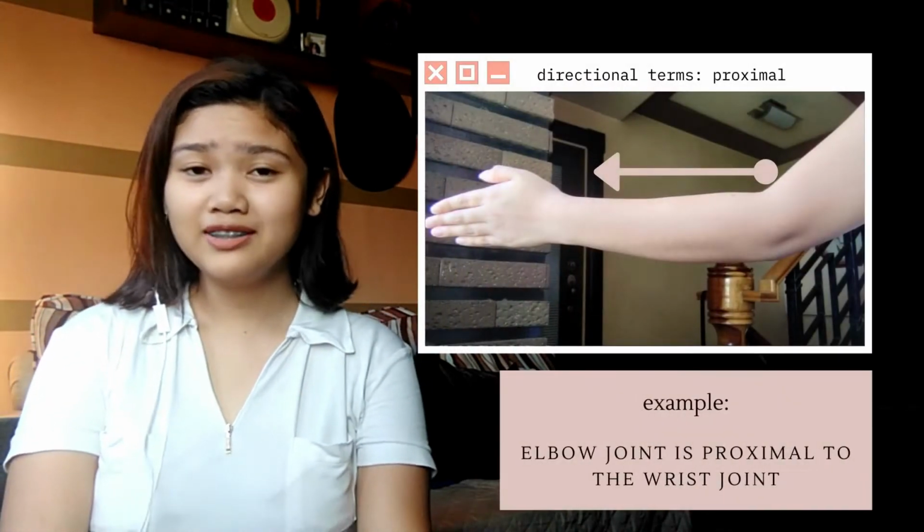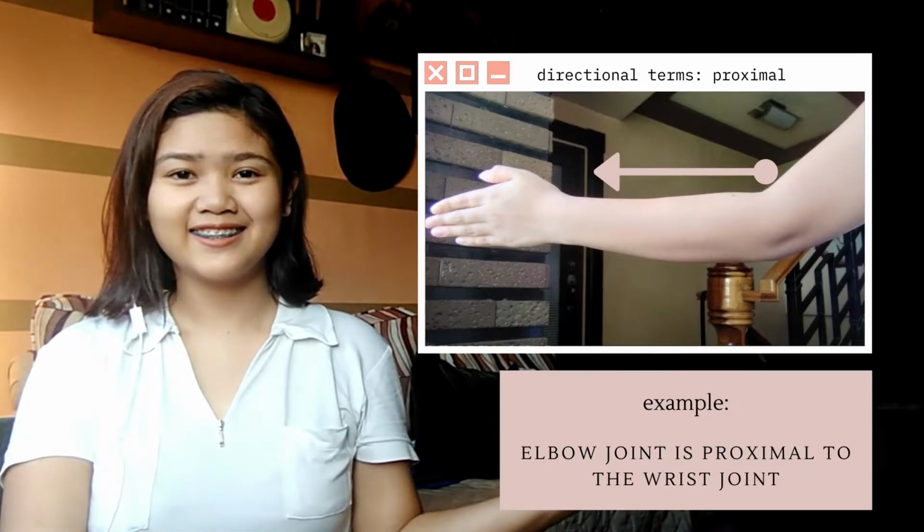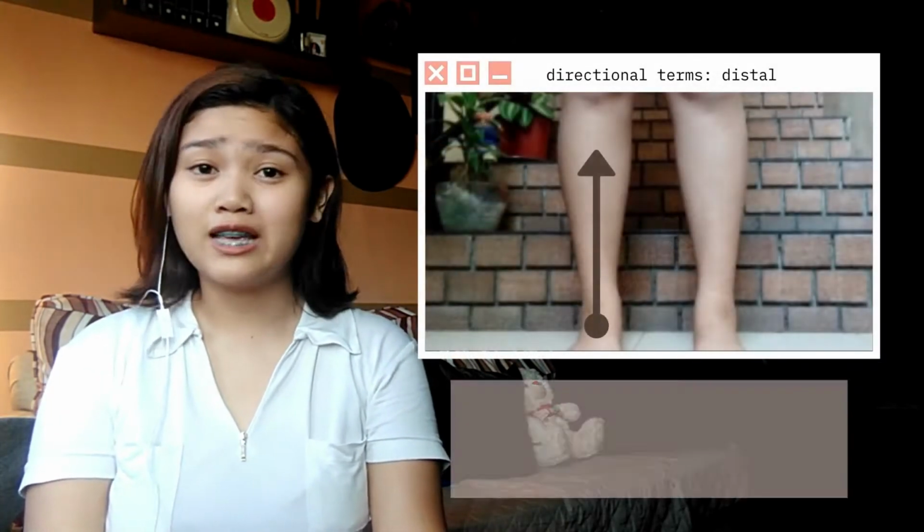Proximal. Proximal is a directional term which refers to the main mass of the body. For an example, next is the distal. If proximal is near the main mass of the body, distal is farthest away from the main mass of the body. For an example,